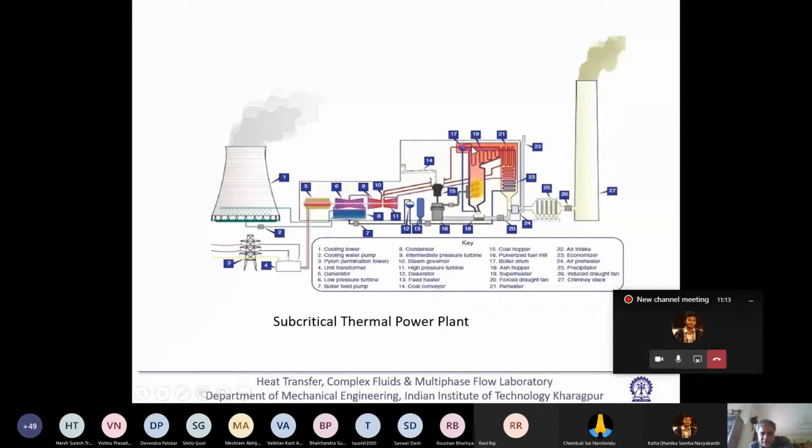So I have described the working fluid circuit, that is the water circuit, and I have described the air circuit. Fresh air comes from here, it goes to the pulverizing mill, goes to the boiler, and then it goes up through the chimney, again up to the atmosphere. So this is your air circuit, this is the water circuit, and there is another water circuit which is the coolant water circuit, that from the condenser it goes to the cooling tower, and then hot water goes to the cooling tower, and then cold water again comes back to the condenser.